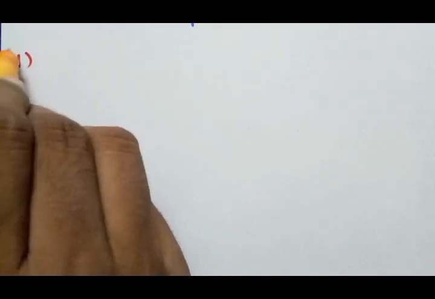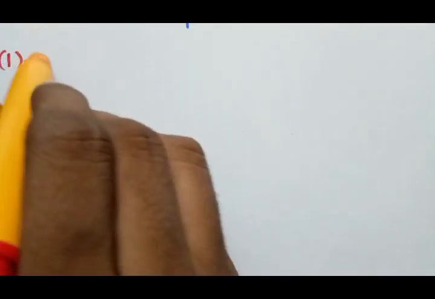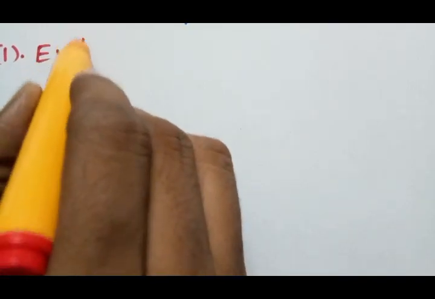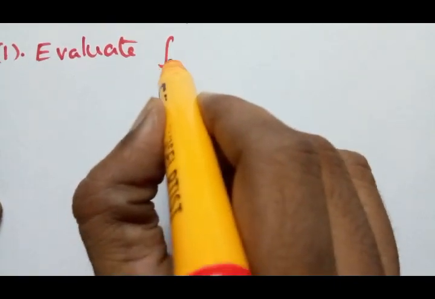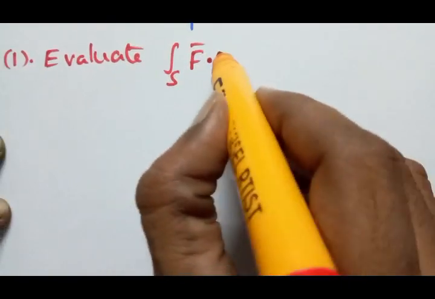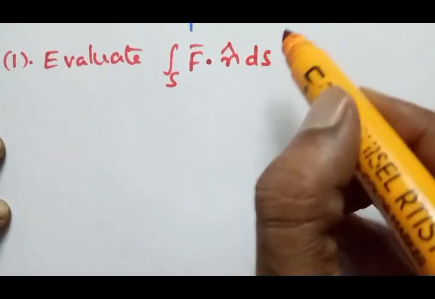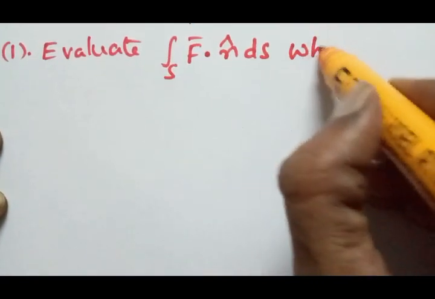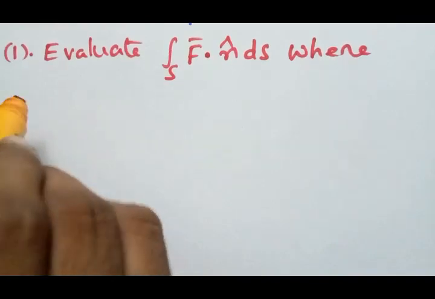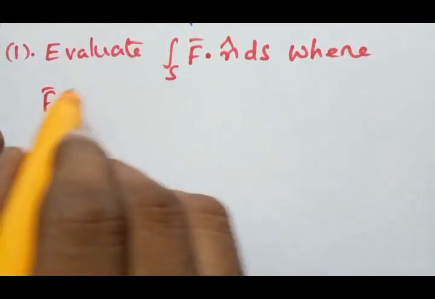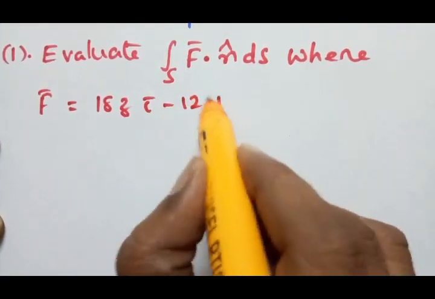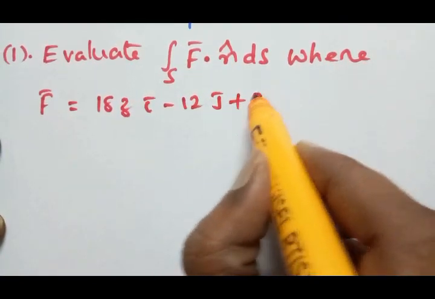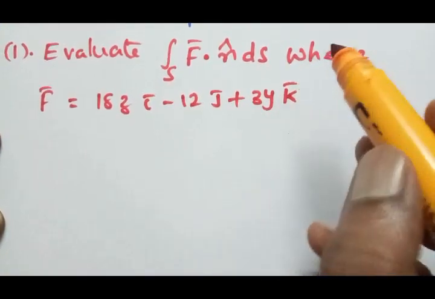Now problems on surface integration. First one, evaluate the integral over S of f bar dot n cap ds, where f bar is equal to 18z i bar minus 12 j bar plus 3y k bar,